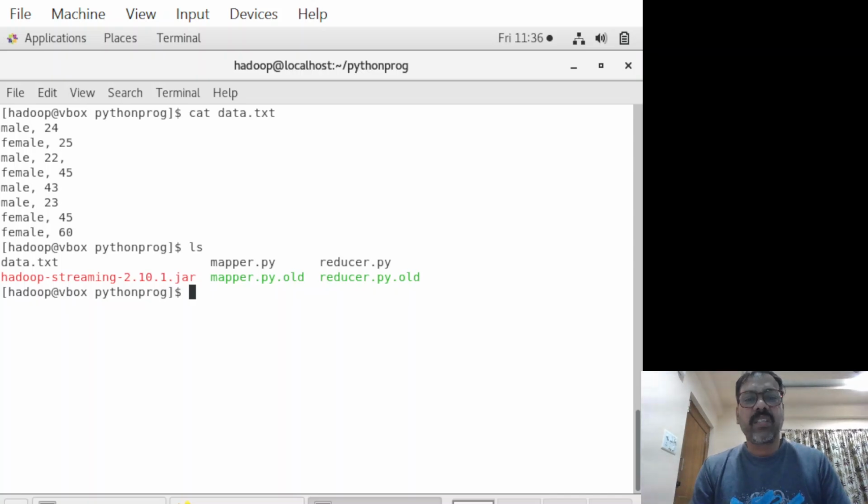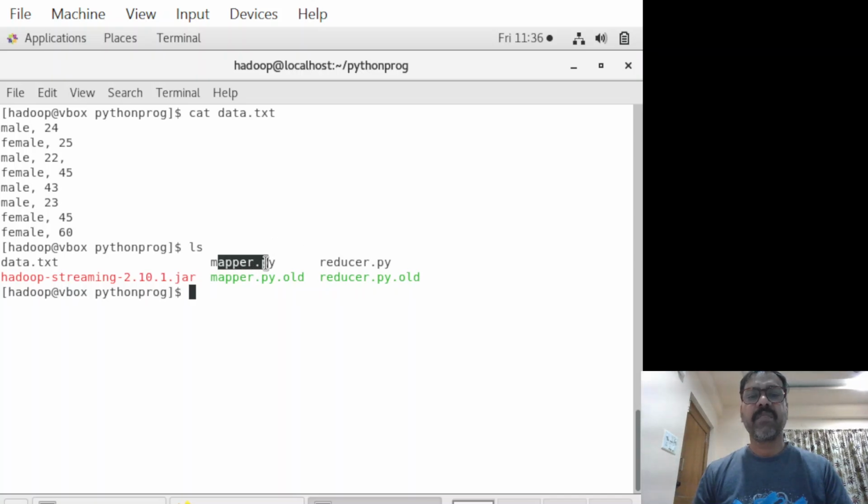So in Hadoop MapReduce, it is a framework where we need to have two different scripts. One is the mapper, the other one is the reducer. The whole programming methodology goes like this. We'll have an input data such as this, and this input data is handed over to the mapper